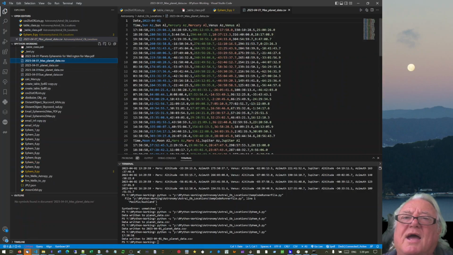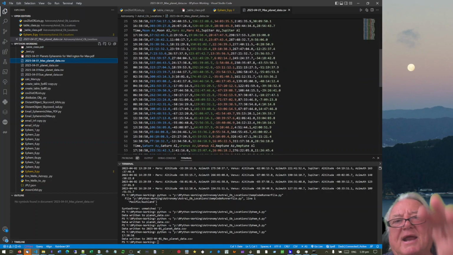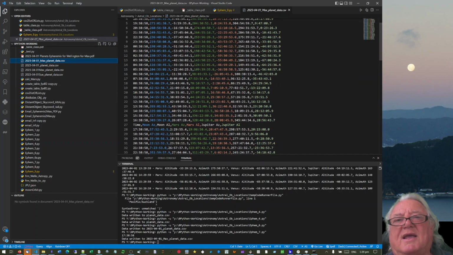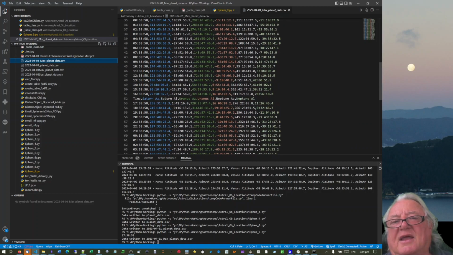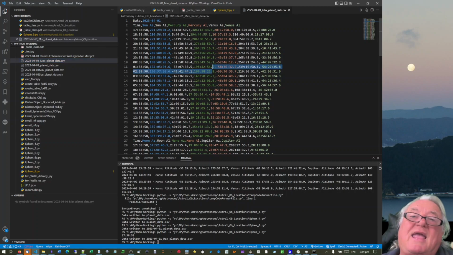Yeah, so what I ended up doing instead was I started thinking, well, instead of actually having this long CSV, I can actually just break it into 3 separate tables. So I get the Sun, Mercury and Venus, I get the Moon, Mars and Jupiter, and then I get Saturn, Uranus and Neptune in the things, and then I've got the time on the side, and I just put the date at the top. When I came to try and do this in the PDF, it does a title,